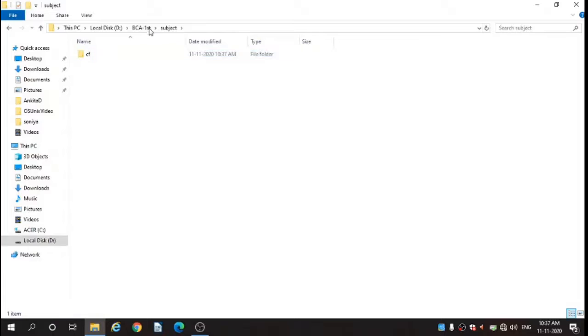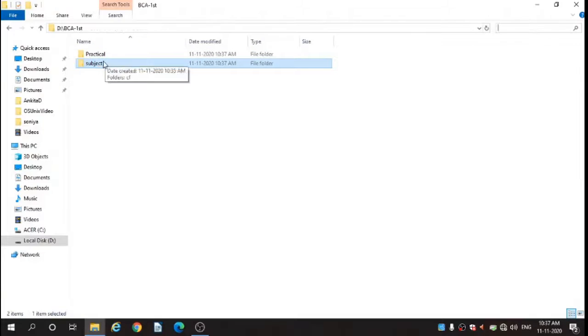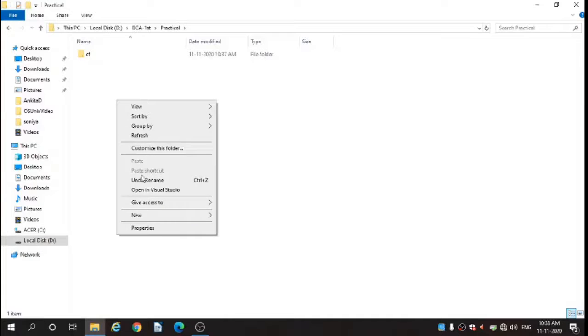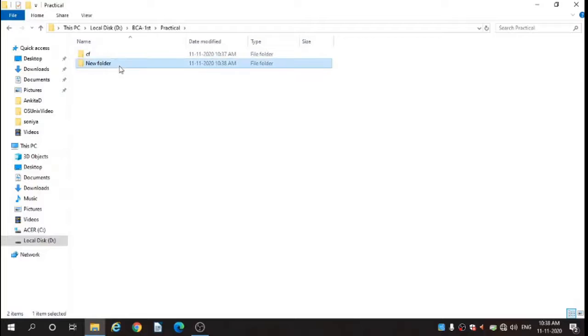It will not confuse, it will allow you to have the same name folder in both. So it is available in both folders, in Subject and in Practical folder also. So we'll see the hierarchy. The CF folder is there. You can create many folders here, and also you can save files anywhere in your respective folders.